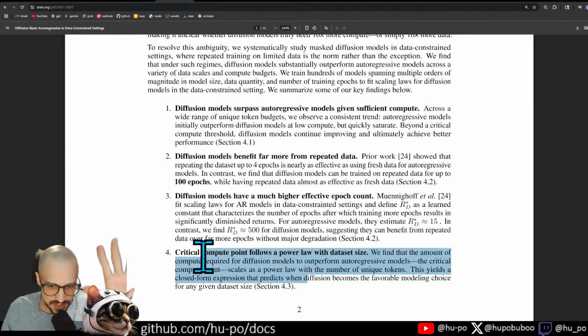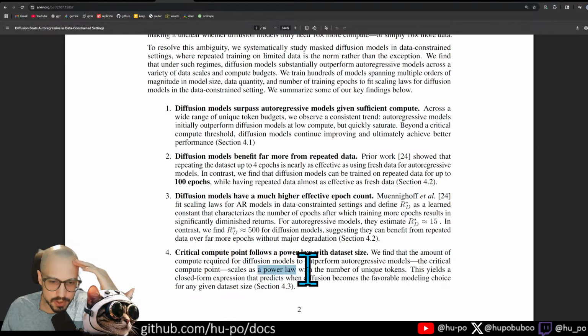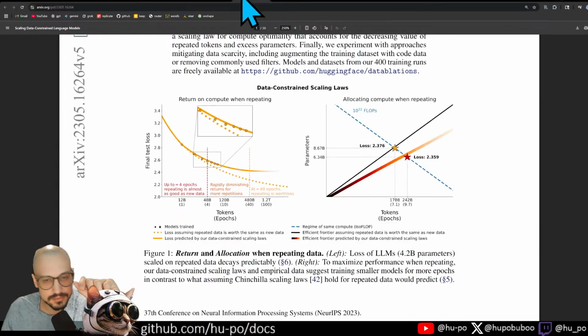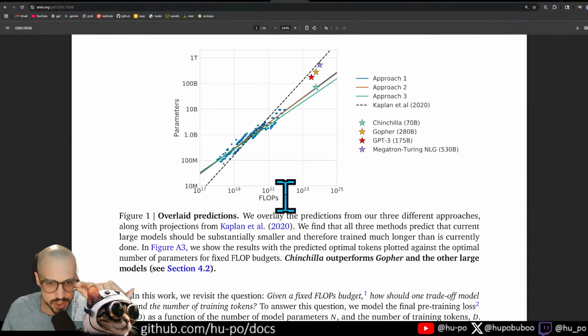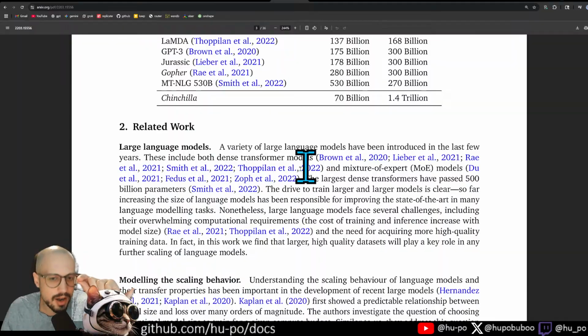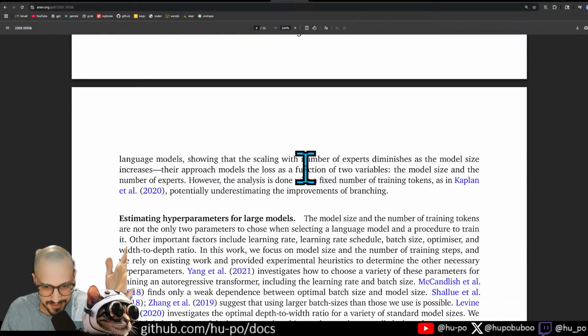And kind of like I was saying before, I just don't like these power laws or these expression models that predict when diffusion wins. These are just models, guys. It's kind of like the Chinchilla. Anytime somebody says Chinchilla optimal, it's like, okay, so